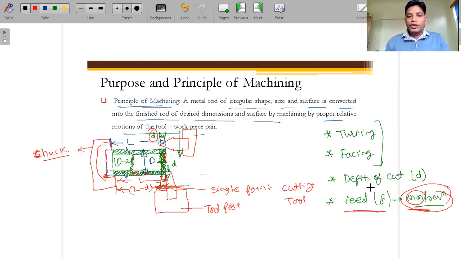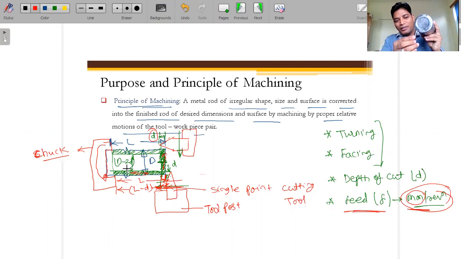Okay, per revolution. So why is revolution there? Because we are moving in this direction. Let's just consider that we are not rotating this shaft. If we are not rotating this shaft, then what will happen? Okay, so this is the shaft.